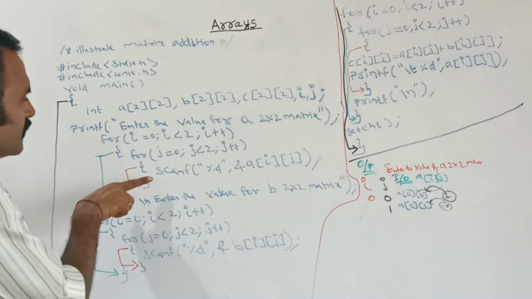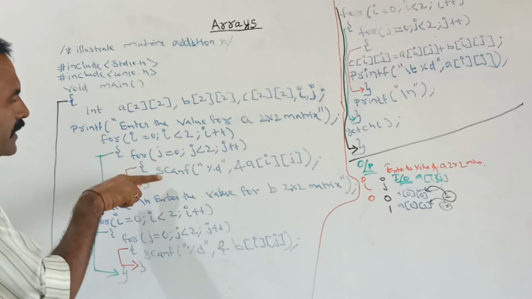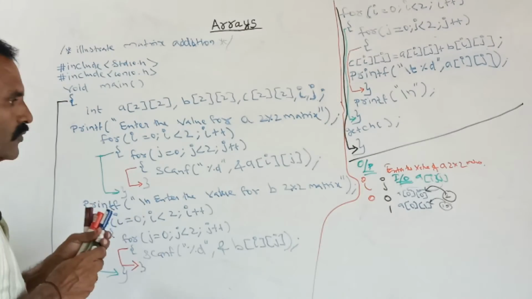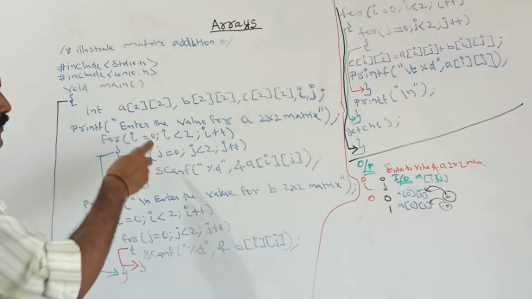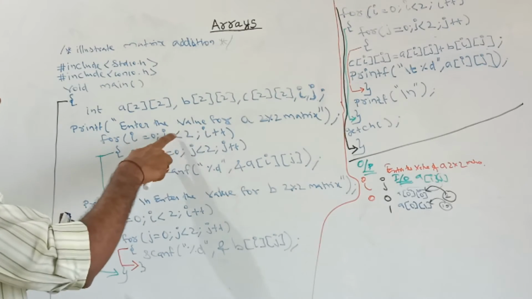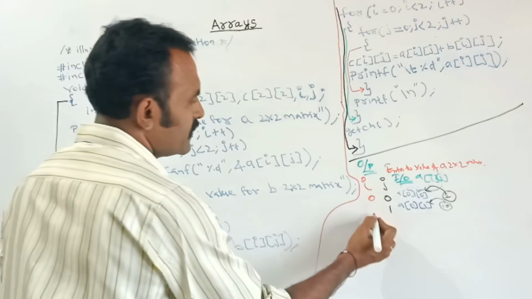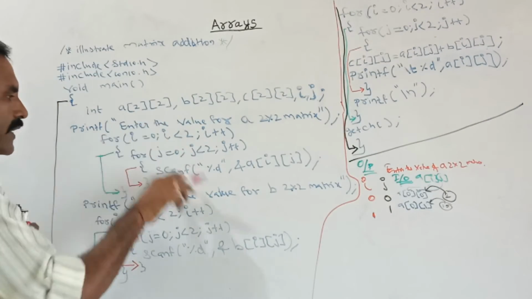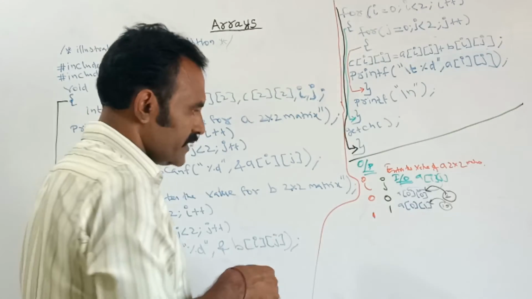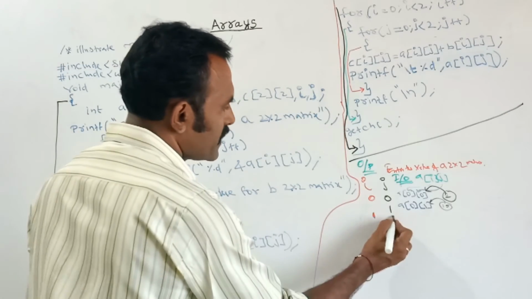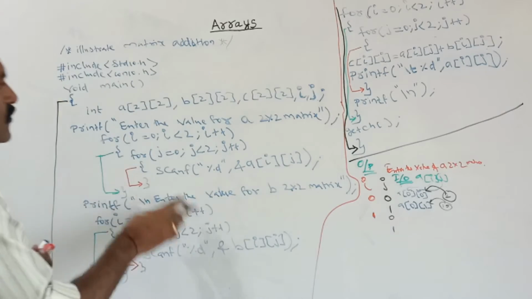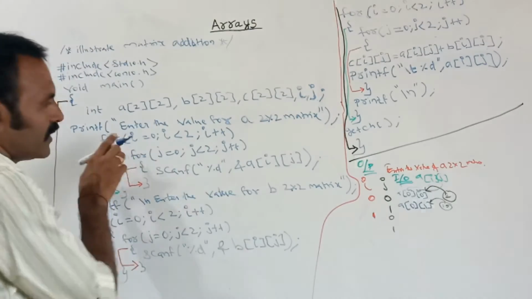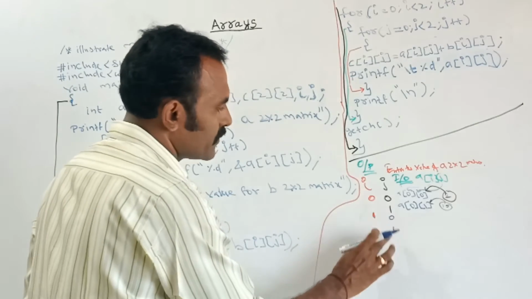Next, after this inner part is completed, again it will go to the outer part. Now I value will be how much? I value, the previous value is incremented by 1 and it will check the condition. Previous value is 0, 0 plus 1, 1. Here 1 is lesser than 2, condition true. Again it will go inside. Once it goes inside, this inner loop will be completely finished. After that only it will go to the outer loop. When outer loop value is 1, again the inner loop value will be 0 and 1.